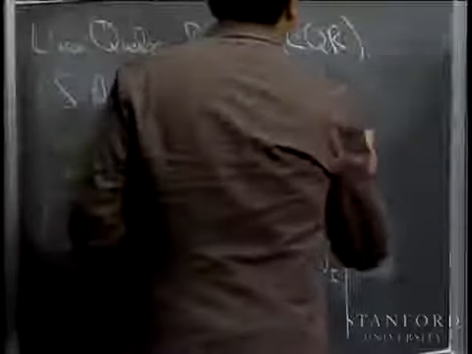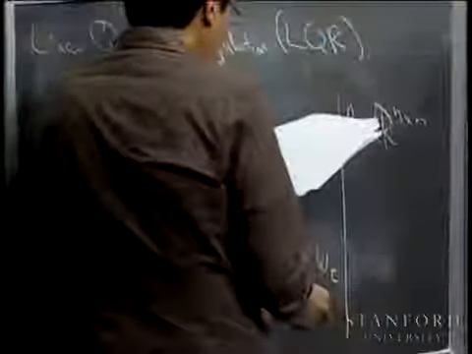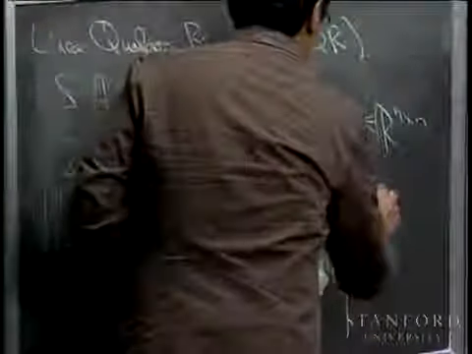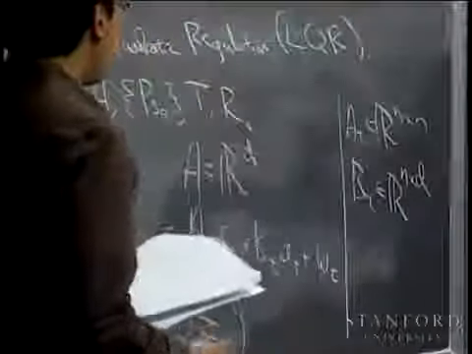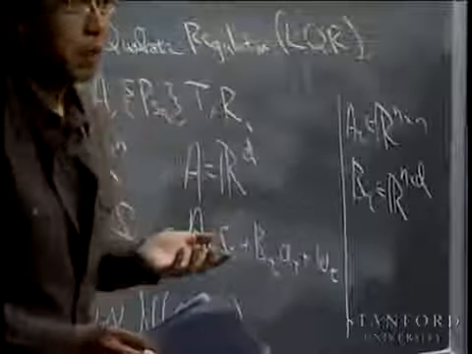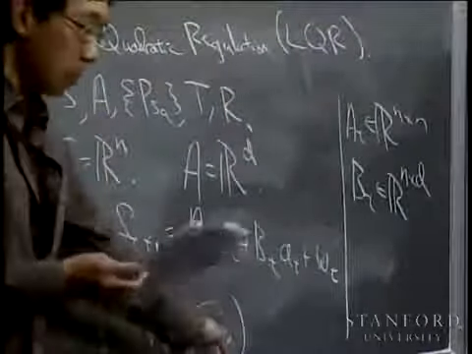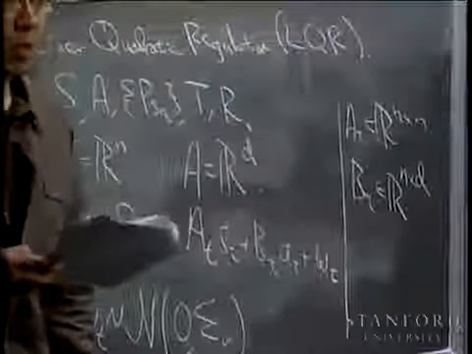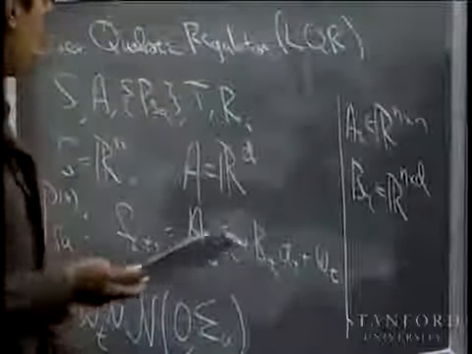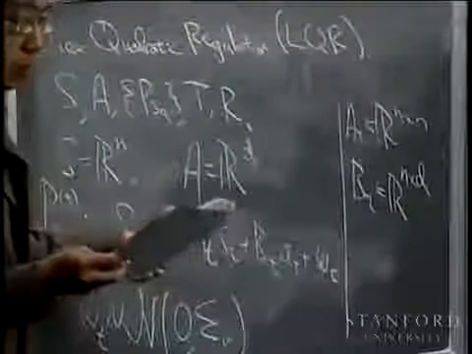To be concrete, A_t is a matrix that's n by n, and these B_t are matrices that are n by d. Just to be completely clear, the matrices A and B I'm going to assume are fixed and known in advance. I'm going to give you the matrices A and B, I'm going to give you sigma_W, and your job is to find a good policy for this MDP. In other words, this is my specification of the state transition probabilities.